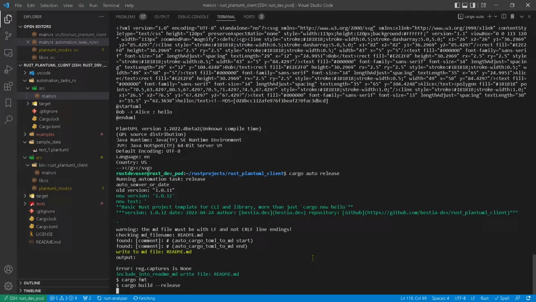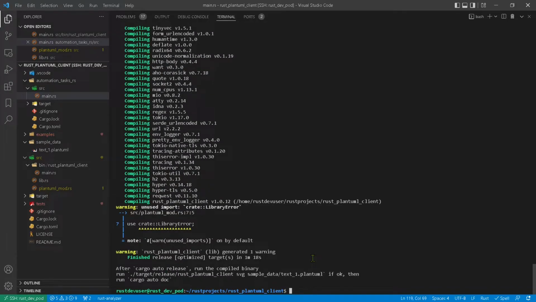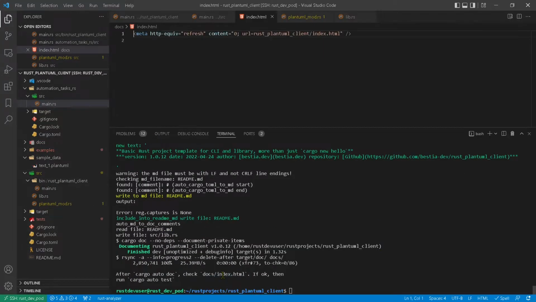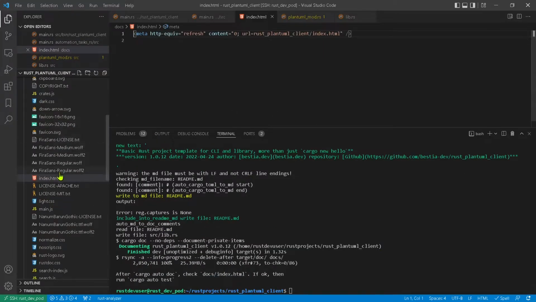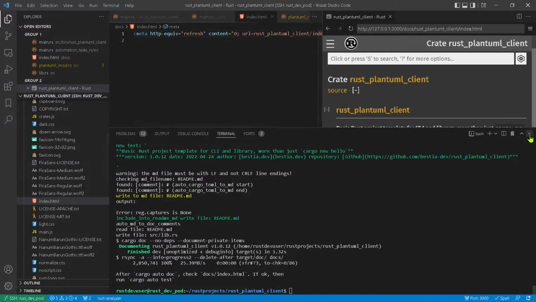It takes more time to build, but the resulting binary is more compact and performant. Run the binary executable with the new suggested command. Eureka! This works. The next suggested command is cargo auto doc to create the documentation from the doc comments inside the code. Control-click on the link will open the file for editing.